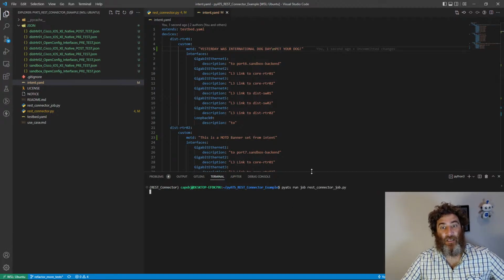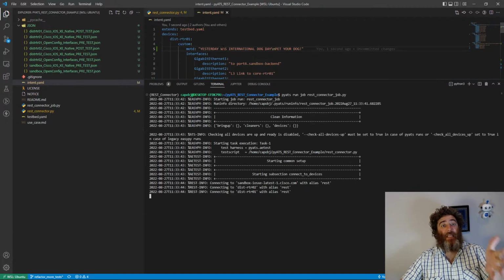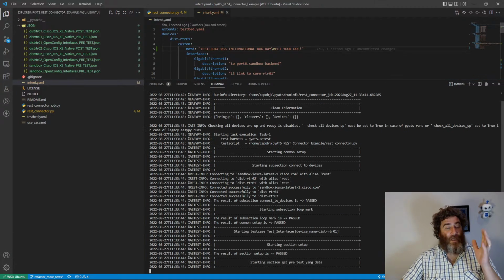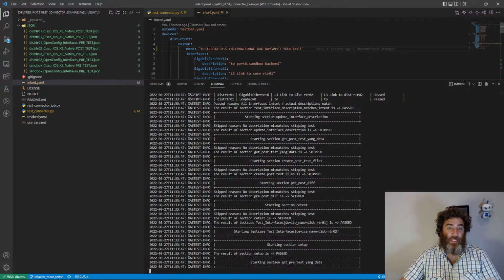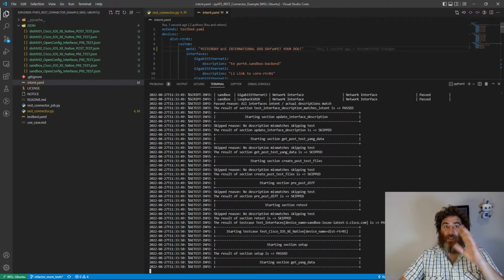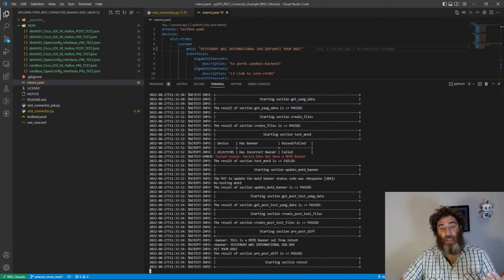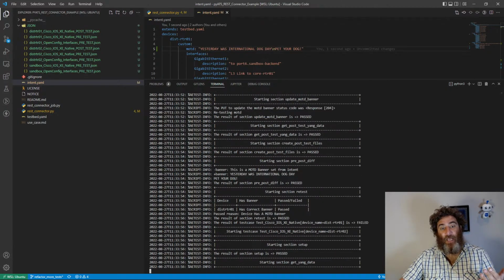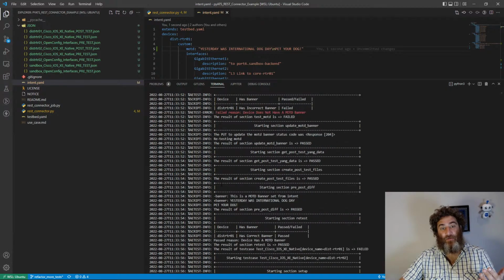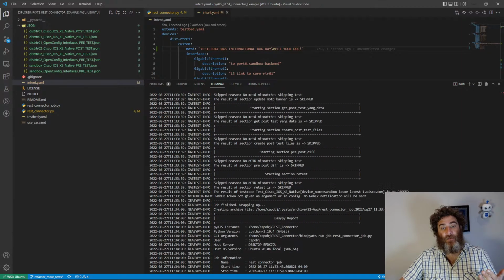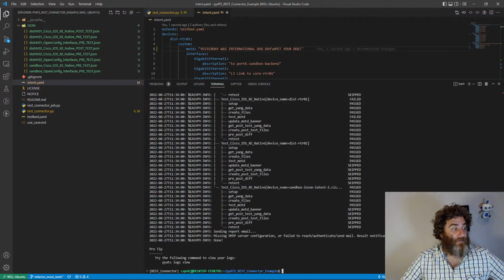And this is the whole idea. We just have to update the YAML file. We just update the intent. We don't have to log in. We don't have to know the commands. We update our intent and we let the code take care of the rest of it. So here it failed, incorrect banner. And then here we have our differential. The banner used to say this is a message of the day banner set from intent. Now we have plus, yesterday was International Dog Day, pet your dog. And in our logs here,